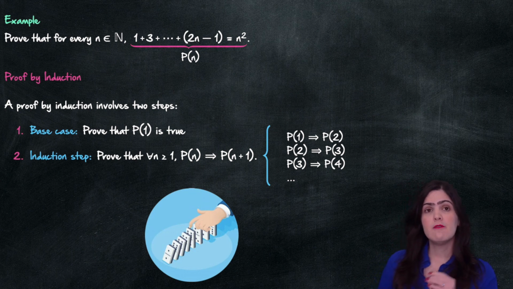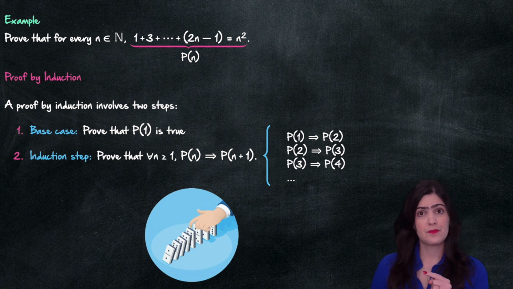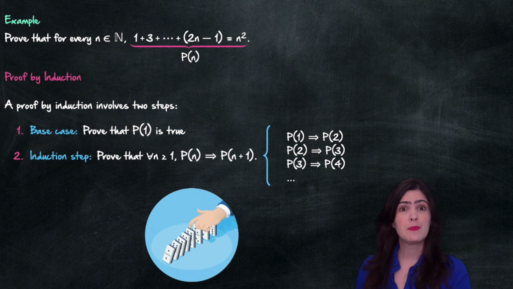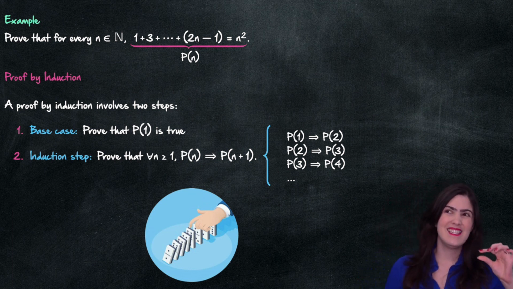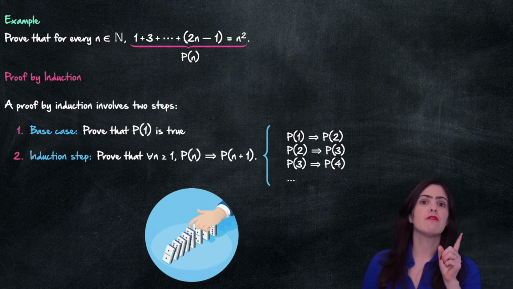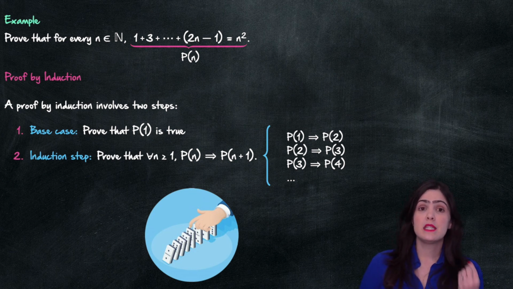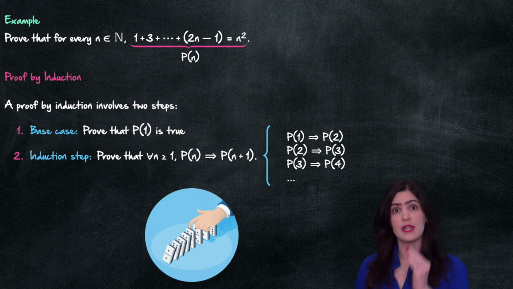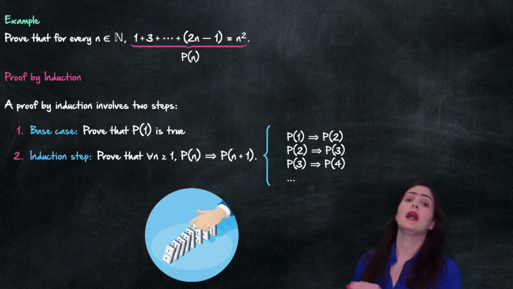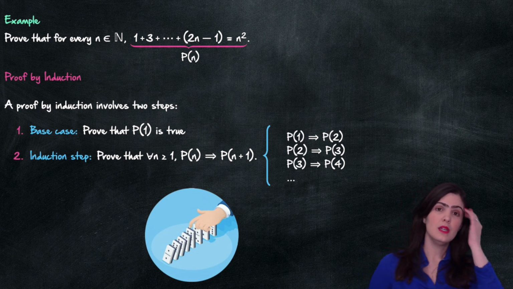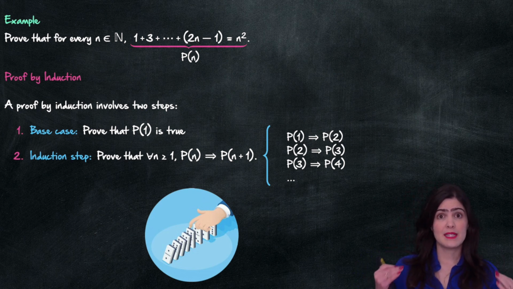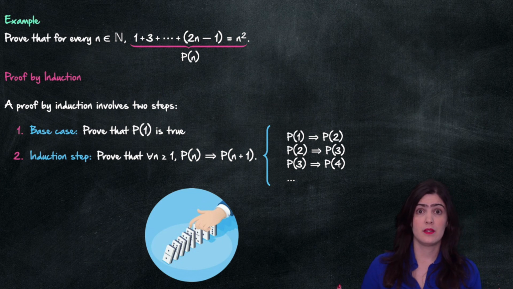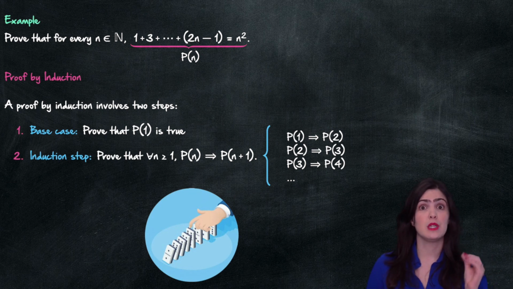But you see, if I don't push the first domino, none of them are going to fall. So the base case is the action of pushing the first domino, and then the induction step is just the fact that once the first one has fallen, the second one falls, and if the second one falls, the third one falls, and so on. As I said, the induction step by itself doesn't prove anything. We need both. We need the base case together with the induction step